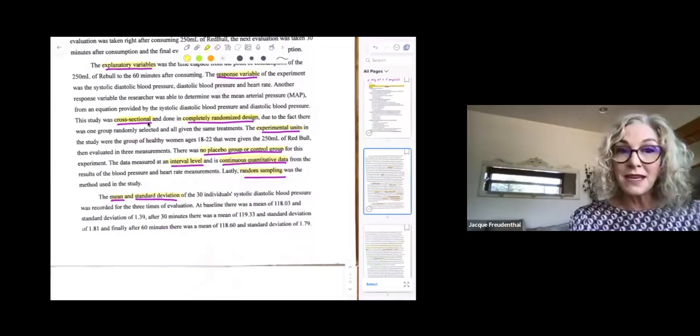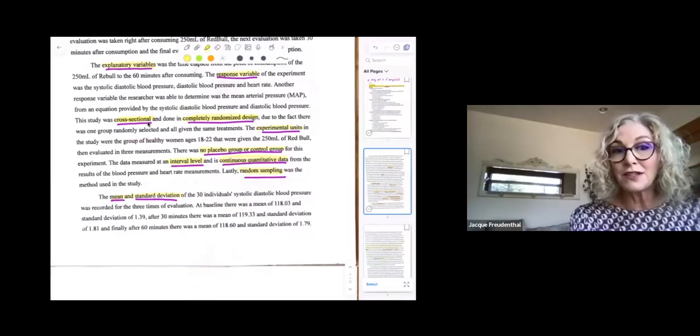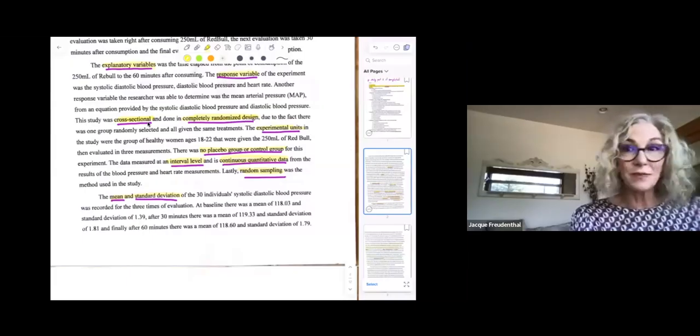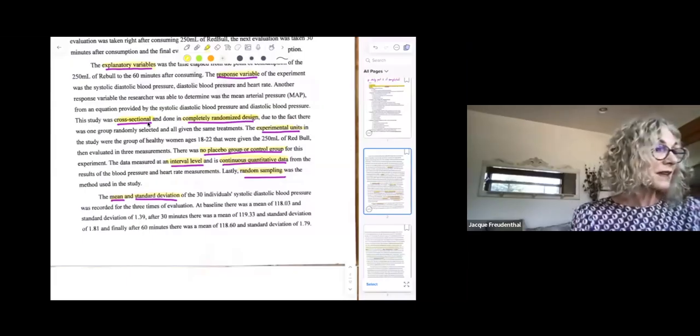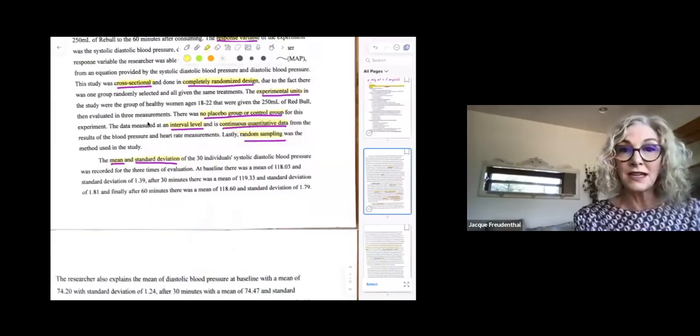Talks about random sampling here, but it doesn't really describe, it just says it was the method used, but why? Why and how was random sampling used in this study? Explain it in detail. So this one continues to go on with the mean and the standard deviation, giving all